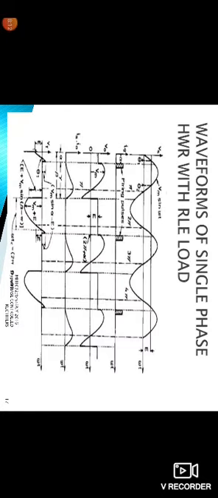Here are the waveforms of the single phase half wave rectifier with the RLE load. The sine wave is taken from 0 to pi, pi to 2 pi, up to 5 pi, with the amplitude of Vm. Ig is the triggering current, and firing occurs after some time, that is theta 1, theta 2. After some time there is a firing angle. After one complete cycle, the firing angle is applied again, as clearly indicated in the waveform. There are firing pulses, 3 pulses applied up to 5 pi.